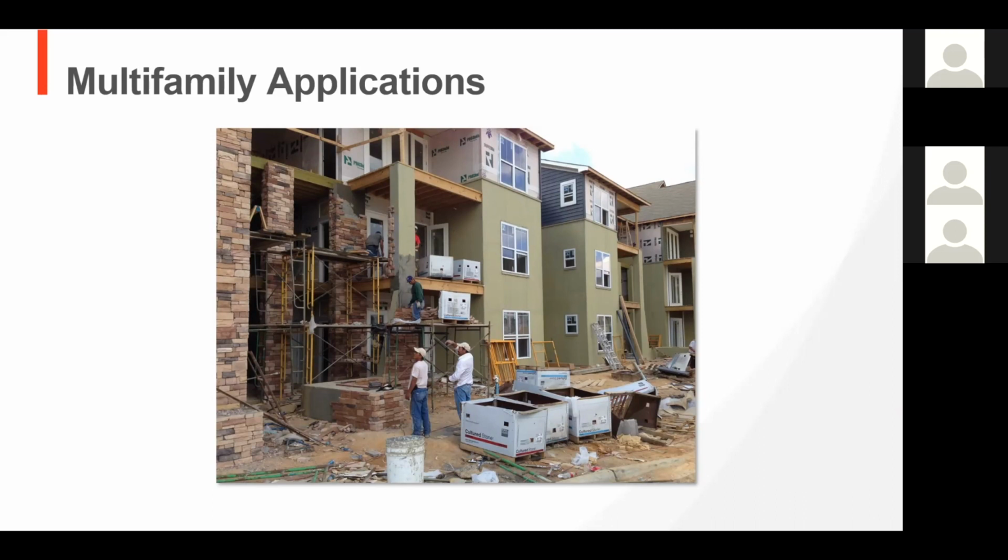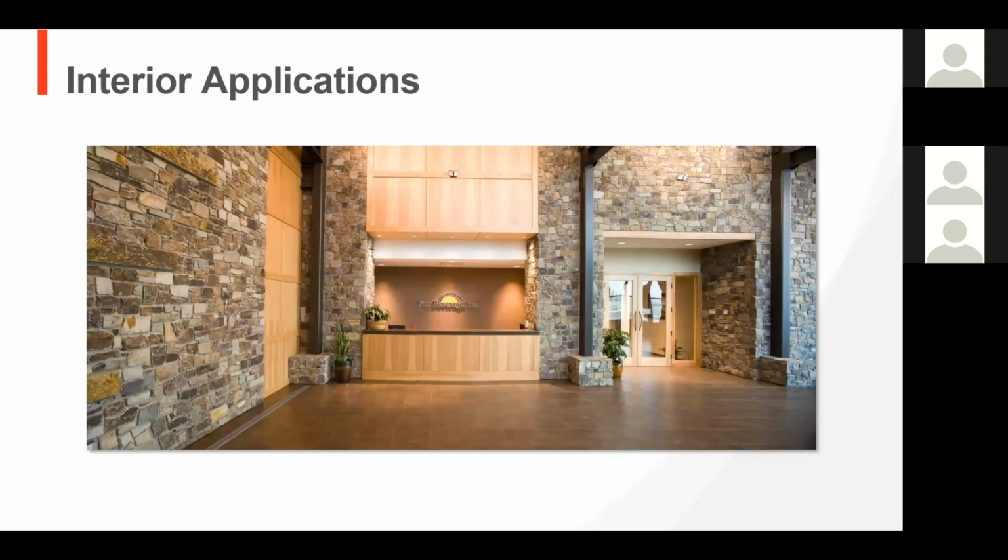You know, big thunderstorm rolls through, they're not terribly concerned, those kinds of things. Now on the inside of the building, we can do the same thing, except it's a much simpler system. Now we've got studs. We've got cement board directly to the studs because we're indoors, so you can do that. And then we just stick with polymer modified adhesive, a stone or thin brick right to the cement board, and